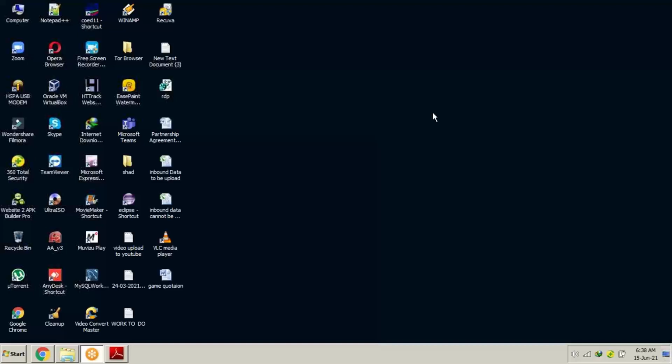System software: if somebody asks you what is a system software, the basic and easiest example is the Windows operating system, Windows, Linux, and other operating systems. The software which controls the entire system, the entire hardware system, is called the system software. System software means the software made only for the system. Windows is the greatest example.